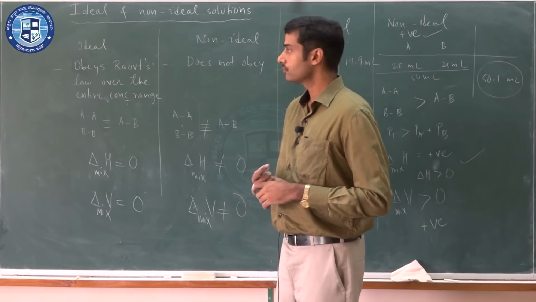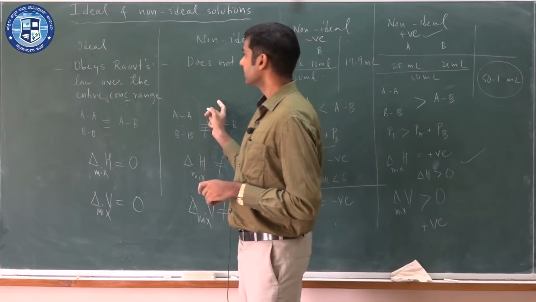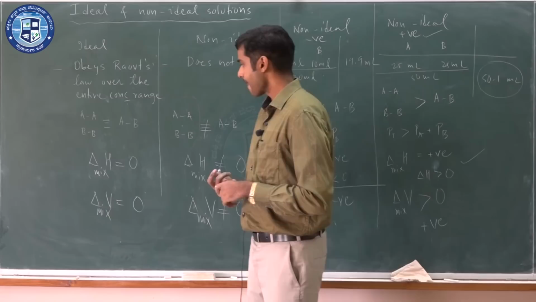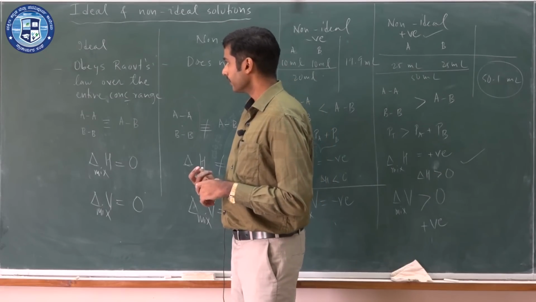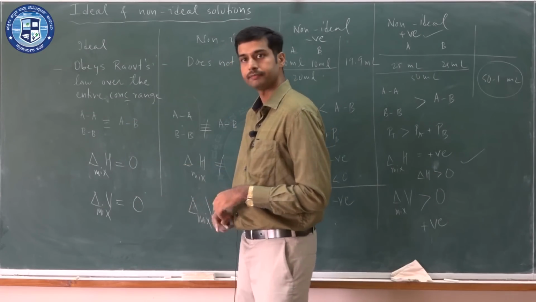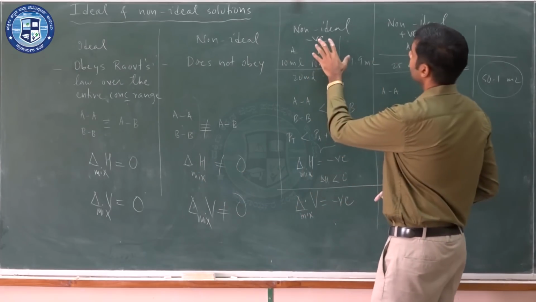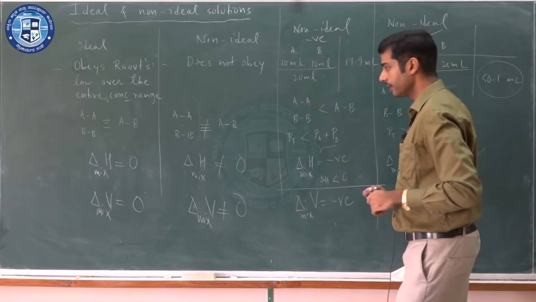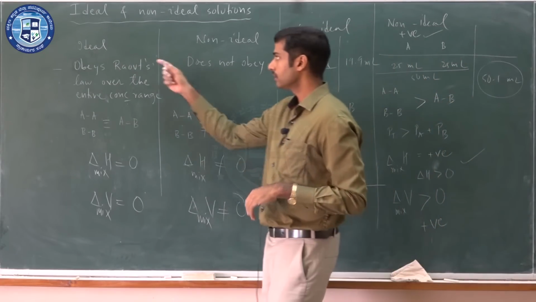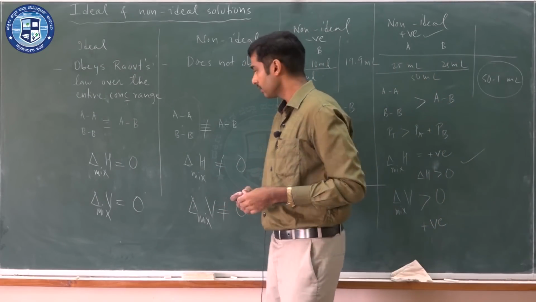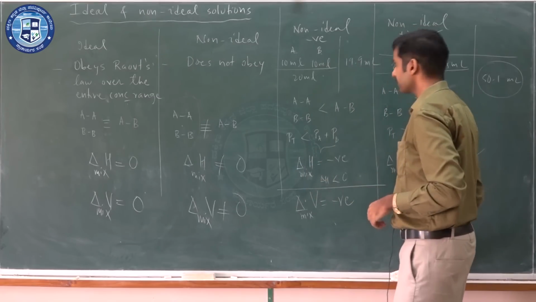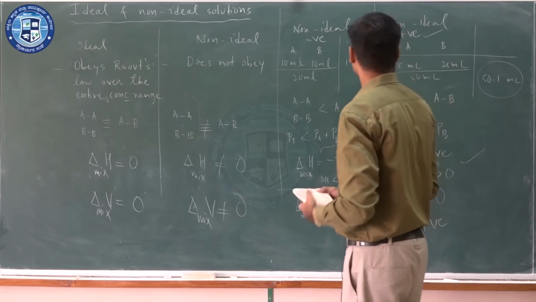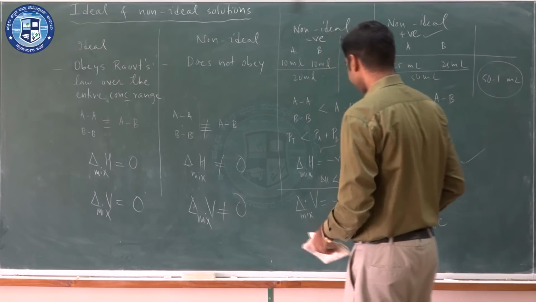The other way in which you have to realize is the differences between ideal and non-ideal solution. So, you should be able to answer differences, point number 1, 2, 3, 4, or you can also be asked differences between non-ideal solution showing negative deviation or positive deviation. Examples for ideal solution I have already given. Let us consider some examples under non-ideal solution showing negative deviation and positive deviation.